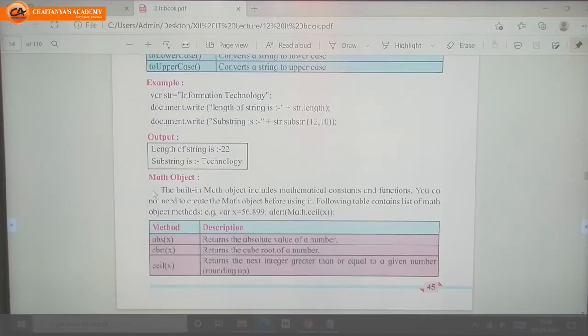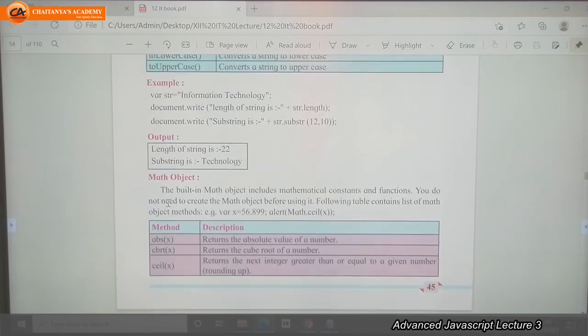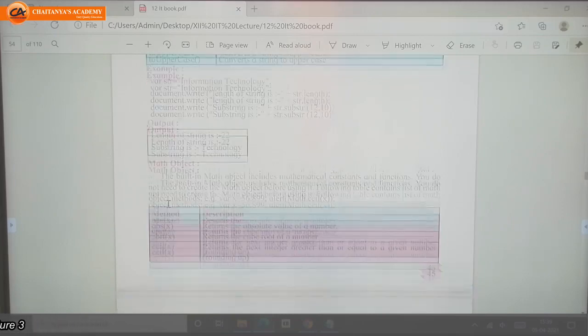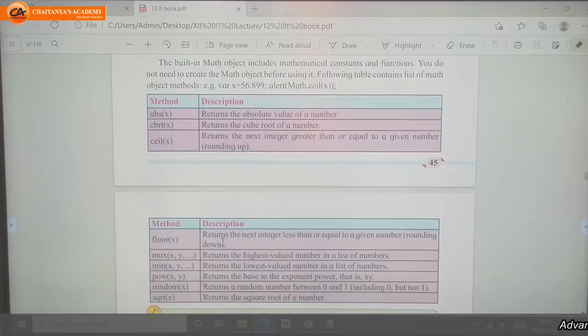Math object, obviously it will handle some mathematical functions. Some mathematical functions means they relate to some mathematical values. Whatever the value you entered, if you want the square root of the value, the absolute number of that value, or the floor value of that value, then you can use these functions.